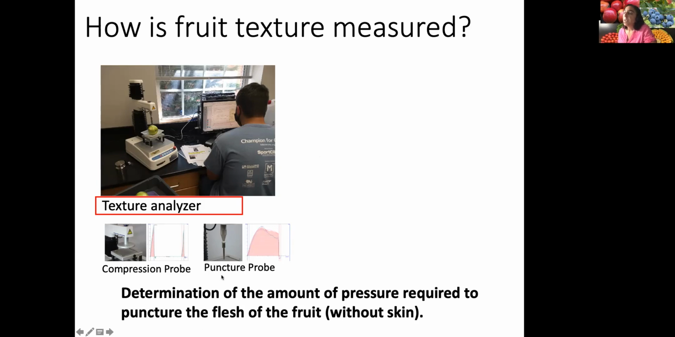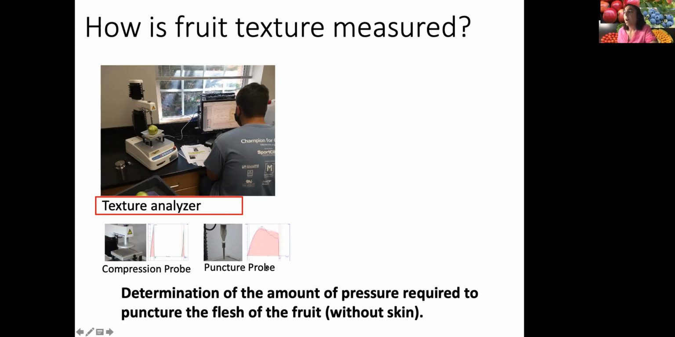In terms of using one or the other, really what we are trying to do is to determine the amount of pressure that is required to puncture or to compress the flesh of the fruit in order to get a value. Again, we are trying to quantitatively describe the textural characteristics of our fruits. In the case of the puncture probe, as you can see here, it's just going to penetrate the flesh and give us a value determining the amount of force or pressure required to do this. Our result will be transmitted in this type of graph that you see here,